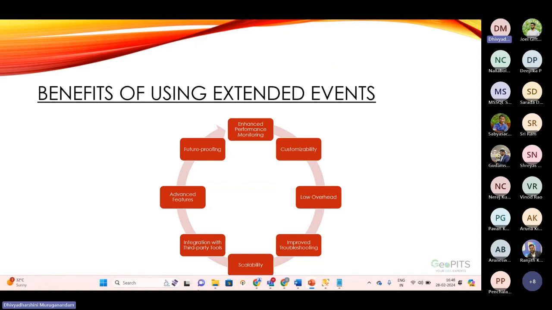And advanced features. Extended events offer advanced features such as custom event creation, integration with PowerShell for automation, and support for asynchronous event processing. These advanced features enable administrators to implement sophisticated monitoring solutions tailored to their specific requirements, enhancing the effectiveness of